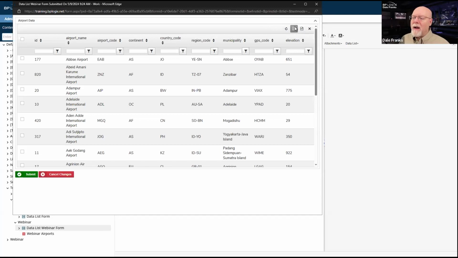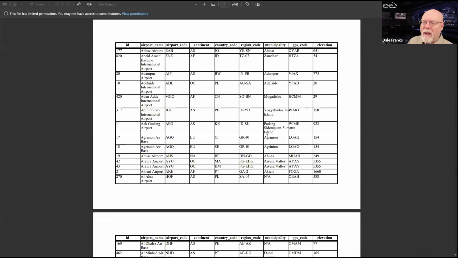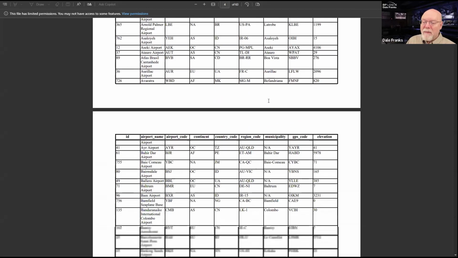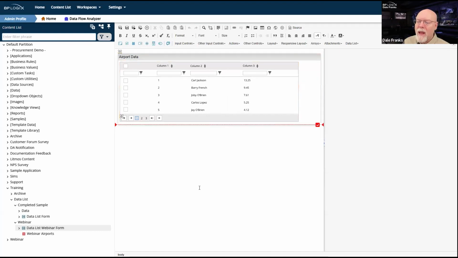There is an export to PDF. So if you click that, it will export to PDF. It will take all of the data. And in this case, it'll take all 800 records and it will take them to PDF. So there you go. There is my PDF export of my data. Yay. And it closed, it replaced my form. Didn't want that to happen. So let's go back, look at it again, as soon as it will deign to give me the form.